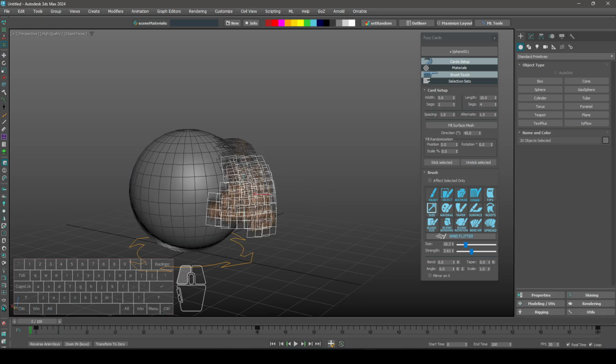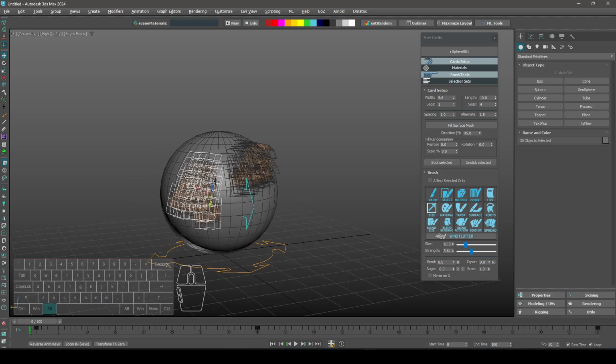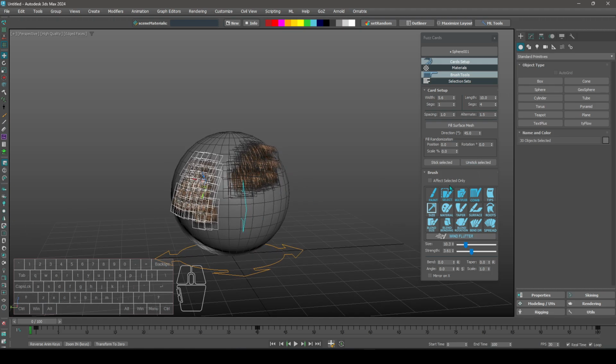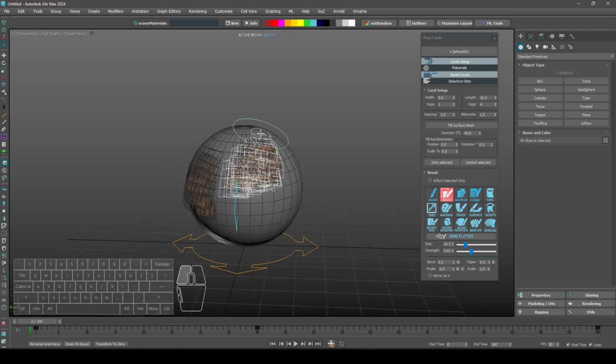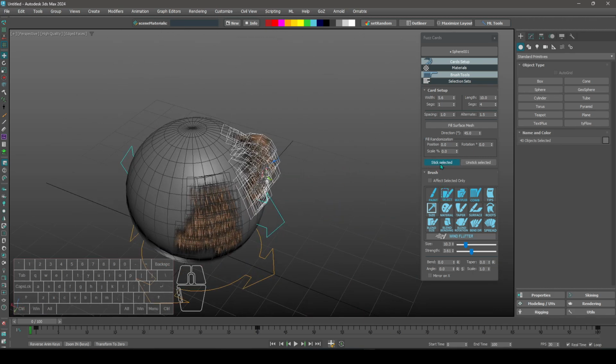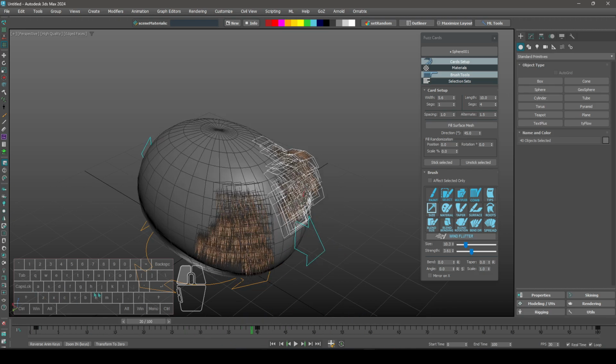To stick them again, go to the last frame, hit the stick button, and now it will follow the sphere. Of course, you can select this one as well, stick them, and now everything will follow